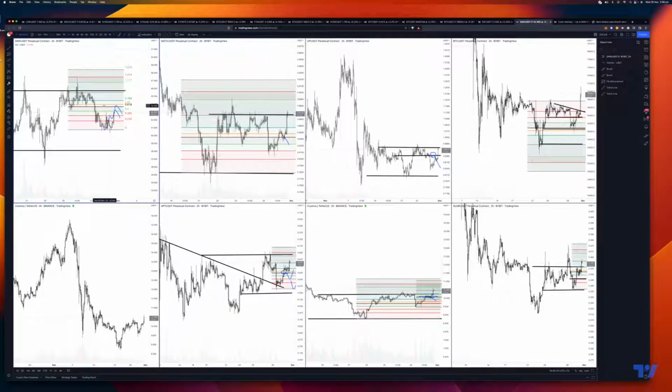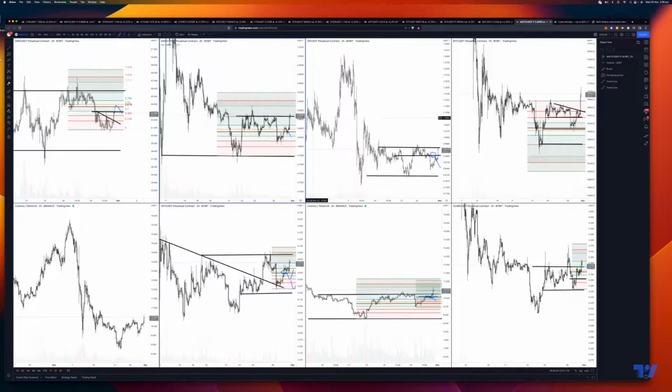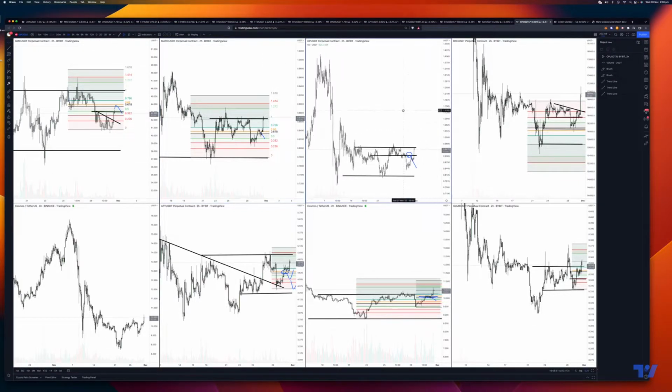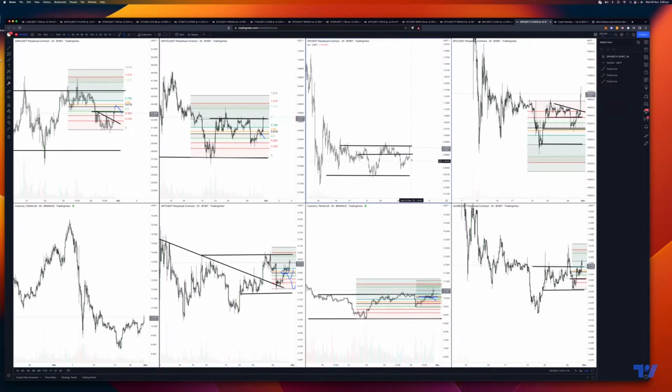GMX, yes, it's still looking to break out. So there's a breakout level there. This does look like a reversal structure, so that took place. However, we have this resistance level now, so there's a potential for another breakout trade from that level there. Matic, we already discussed. It looks bullish, but it's a bad entry spot. We want to see a pullback before we do that. Optimism looks like a reversal. Really nice. Again,